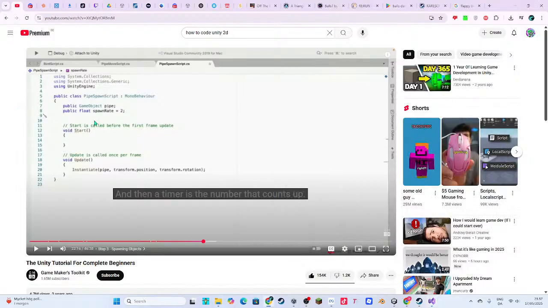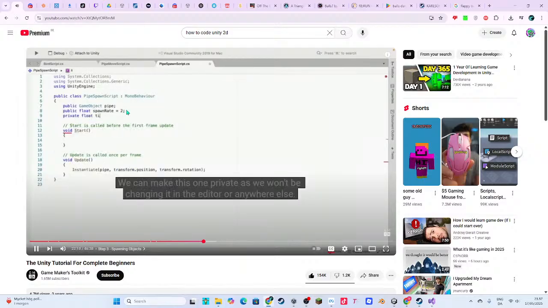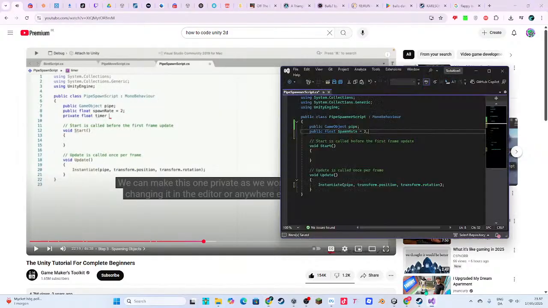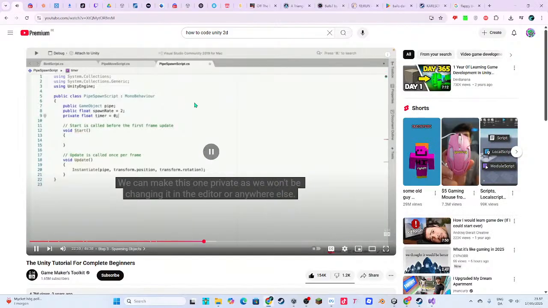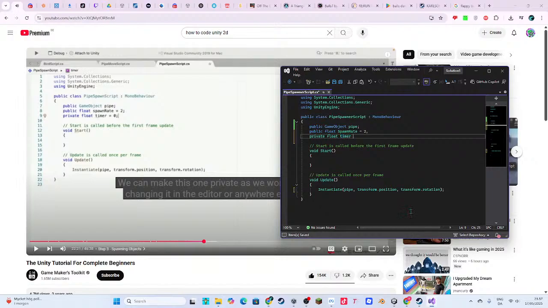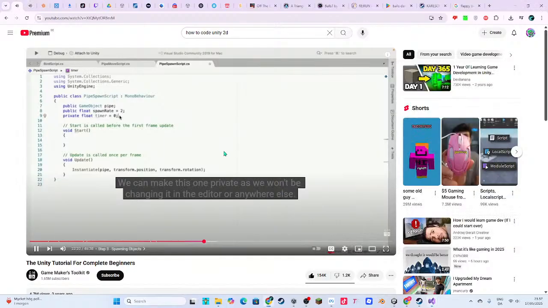Then timer is the number that counts up. I'm not even sure what that is, but yeah. Then private float timer equals 0, on private, as we won't be changing it in the editor or anywhere else.